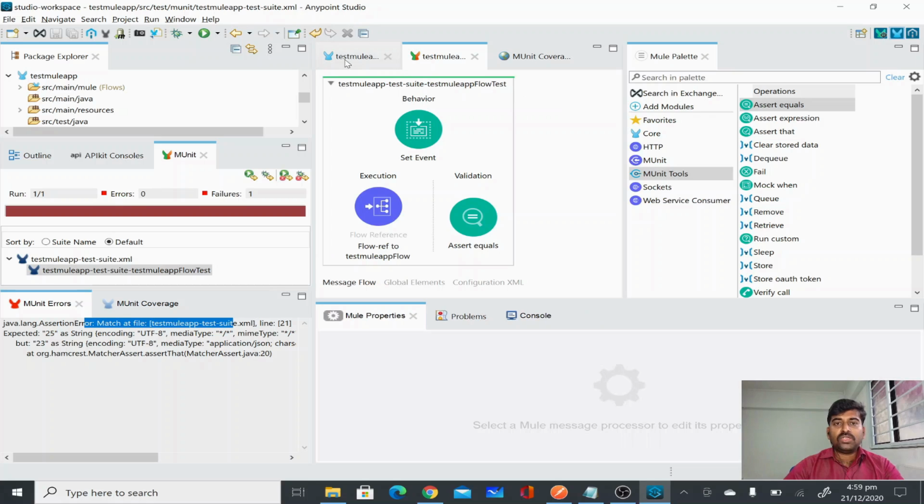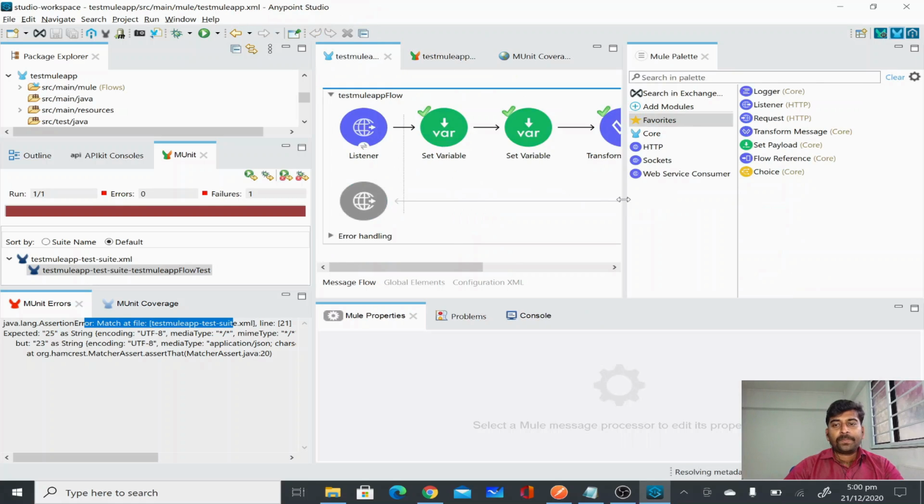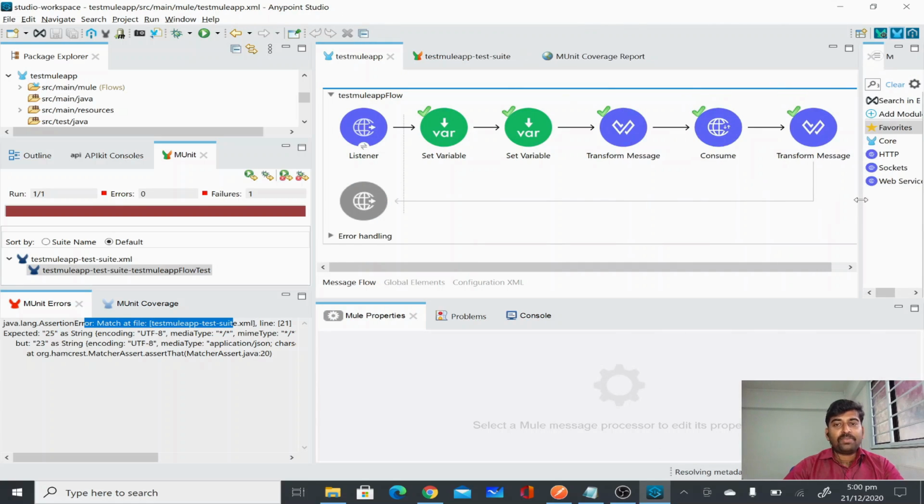So in this exercise, what we have done today, we have created a sample flow which receives a query parameter and calls a SOAP based web service. So once SOAP based web service giving a response for adding two numbers, then we have tested from the Postman to see everything is working perfectly. Then we wanted to test, other than Postman, from the MUnit test case. Then we have created a MUnit test case, and from there,